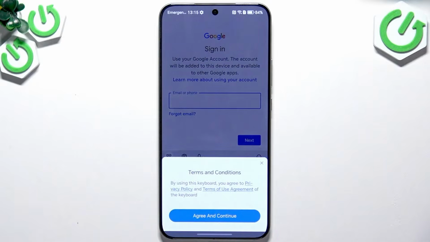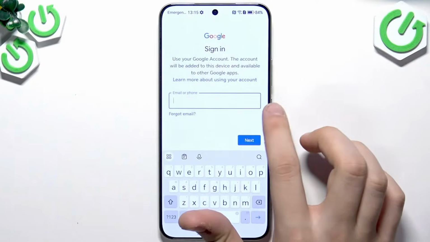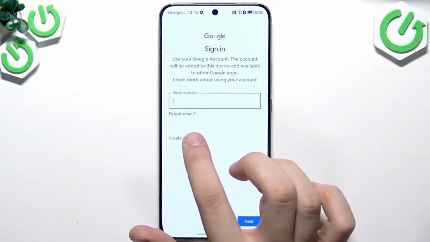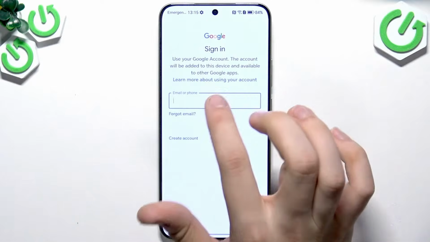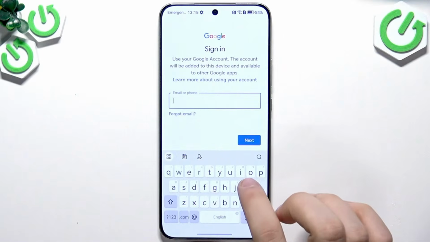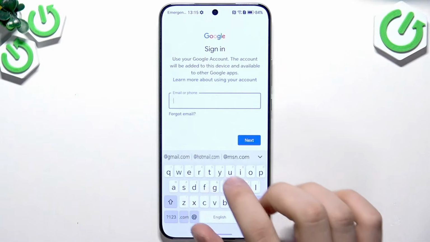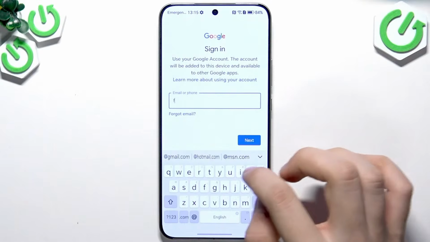And now, if you don't have your Google account, you need to tap Create Account here and create your Google account. You need to just follow the steps that you are given after Create Account. But if you do have an account, tap Email or Phone, and here just enter your email. For me, it's